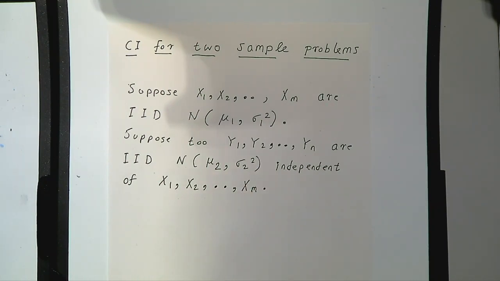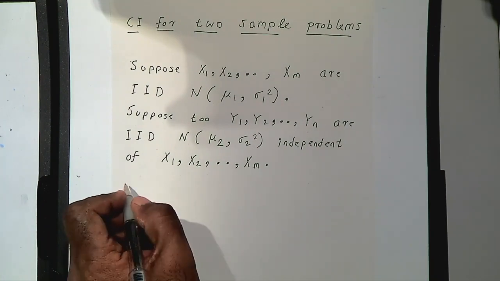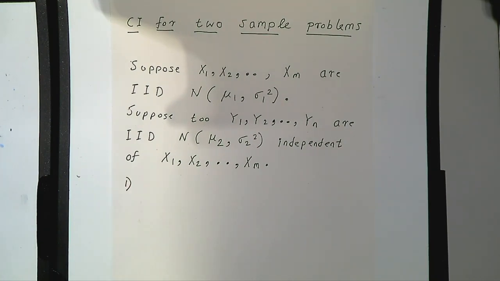right. So as you can see, we have 2 random samples. We have one random sample coming from a normal distribution with mean mu1 and variance sigma 1 squared. And we have a second random sample coming from a normal distribution with mean mu2 and variance sigma 2 squared. And the 2 random samples are independent of each other, right? The first one I'm going to talk about is the confidence interval